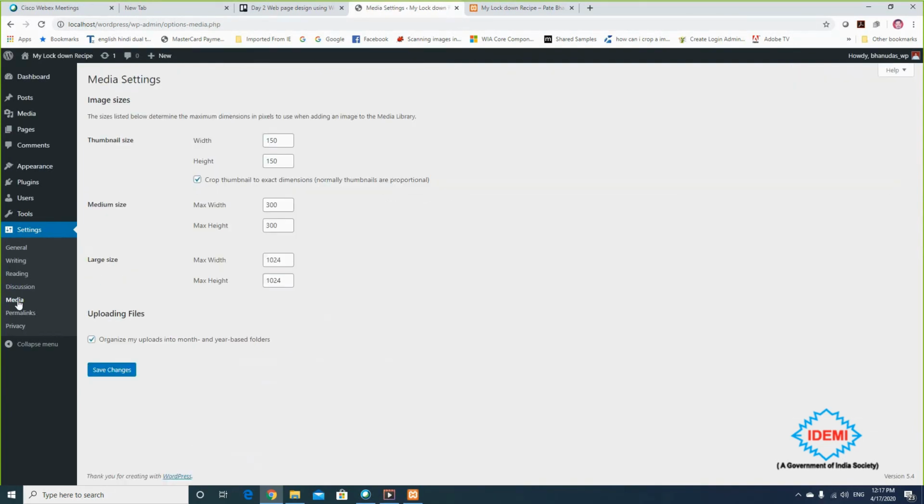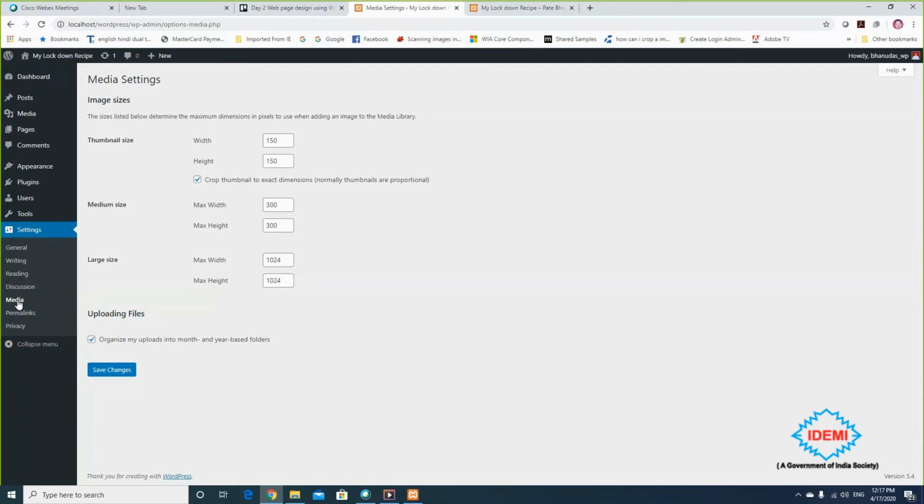Then there is media. You can set the media in three sizes: thumbnail size, medium size, and large size. Whatever images you are uploading, you can set the width and height here, and whatever the size of the image, WordPress will automatically convert that image into three sizes: thumbnail, medium, and large, and it will show the width and height.